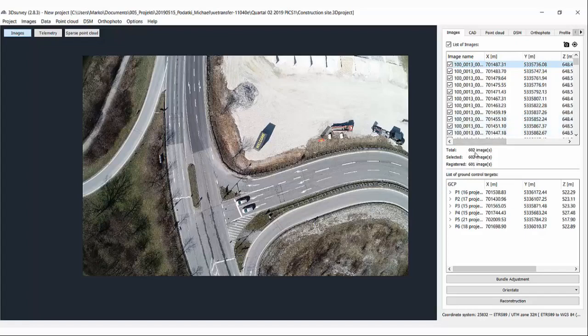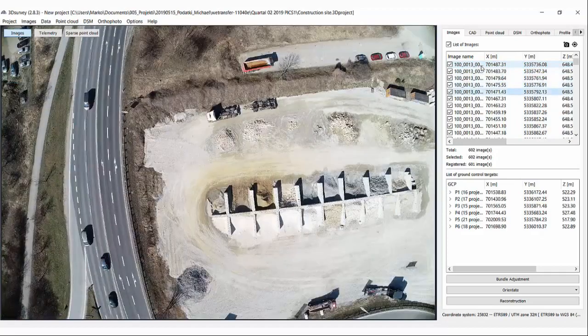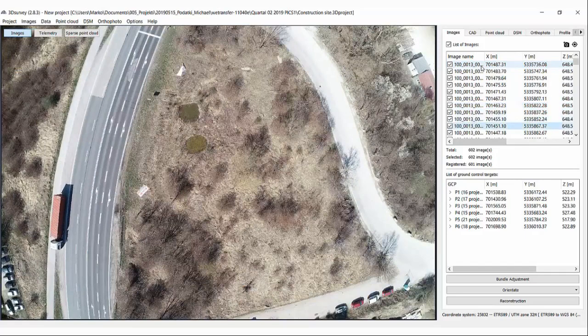You see totally 602 images, so this is already quite a big data set. And the total area size is around 500 by 700 meters. So some kind of typical surveying project. If I move between the images, you see we have a great overlap. This project was done actually with the Phantom 4 Pro, so this is kind of a bestseller in drone area